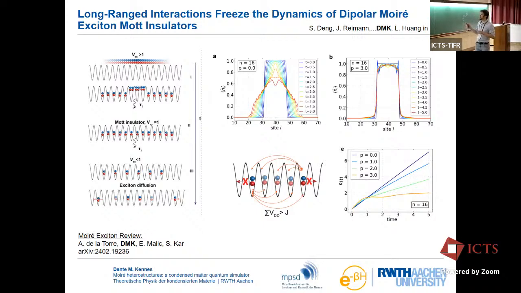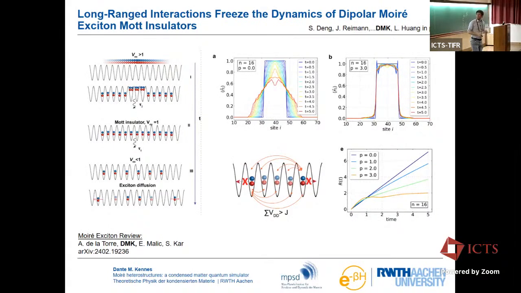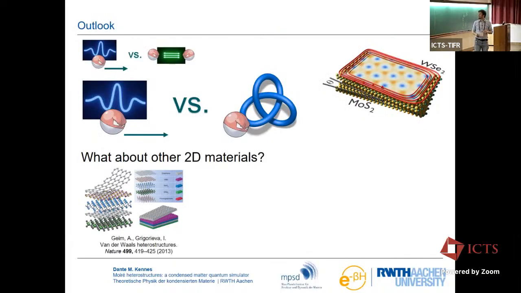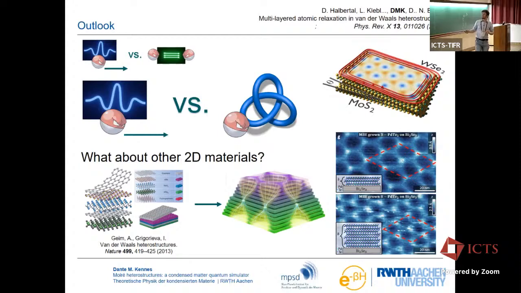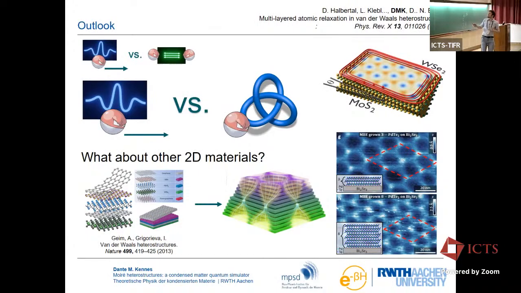All right, so these other plots show that we can reproduce this effect with tensor network simulations, but I want to finish up and give just two words of outlook. So we saw this picture a lot in this workshop. I just want to highlight, and this was mentioned by others, that this picture is great, but it has to be taken with a bit of caution because you get lots of easy in-plane or out-of-plane relaxation when you stack these things. So in this work here, we have shown that if you take graphene and you make 30 layers of graphene on something and you twist a bit, that relaxation can propagate through the full stack, 30 layers deep.